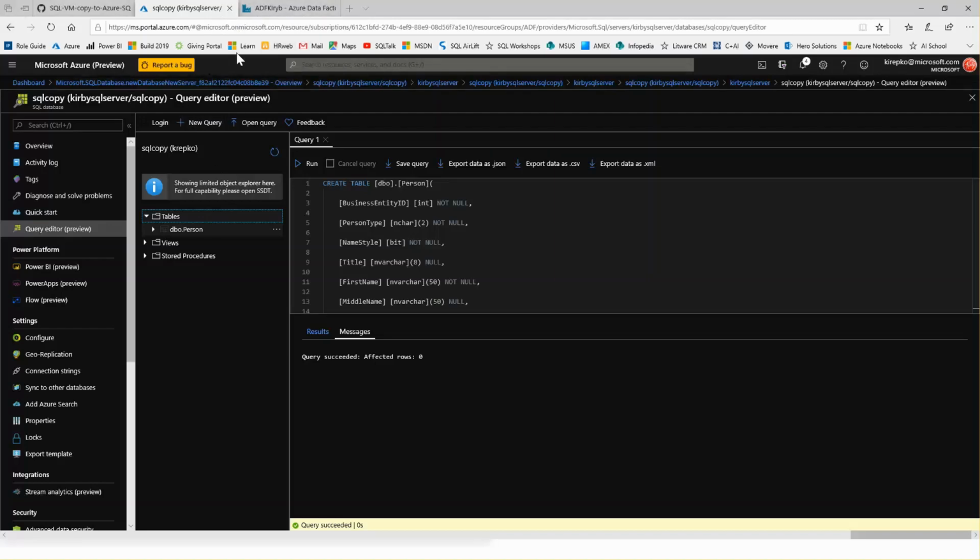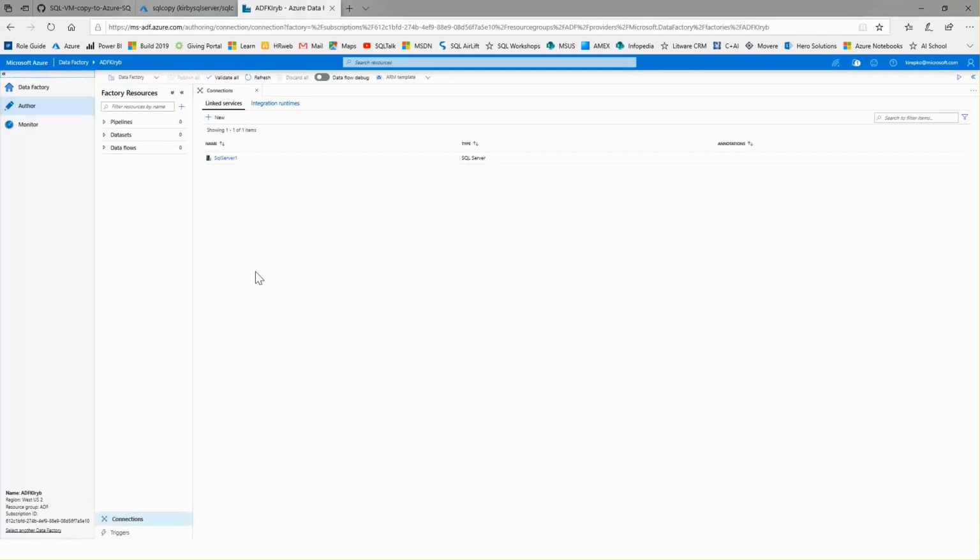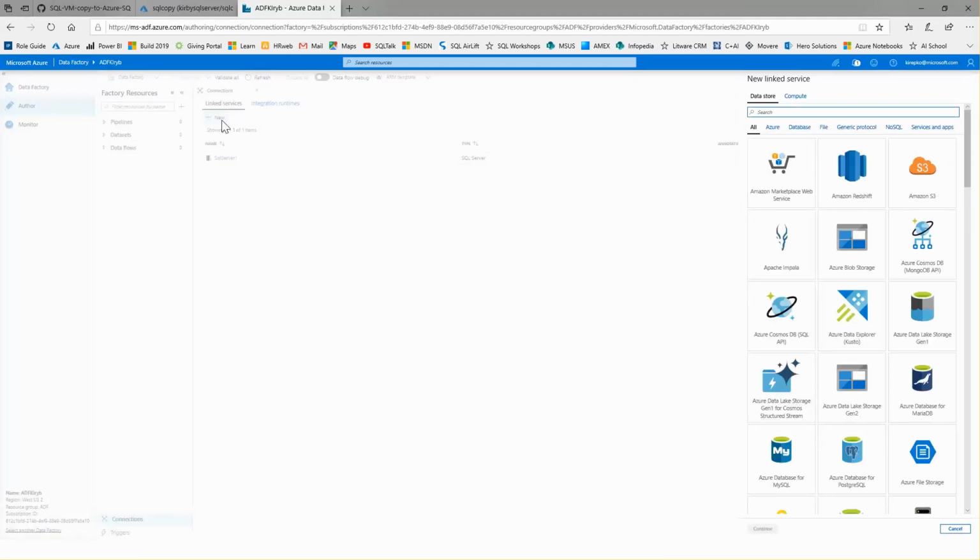So we can go back to Data Factory here. Remember this screen here, font is a little bit small, but you're back in Data Factory, you're under the Author tab here, and you're in the Connection section. We want to create another connection. Remember we had created a connection or a data source pointing to our VM that had SQL Server on it. Now we're creating another, what they call a linked service,